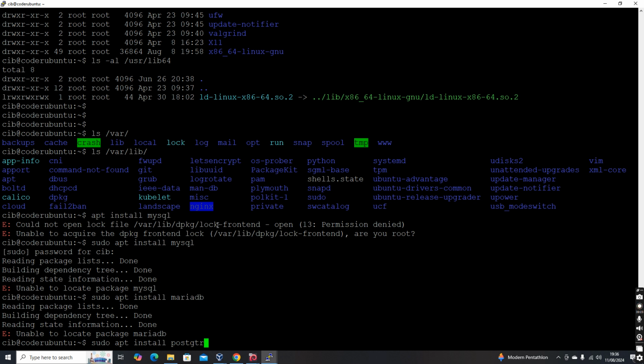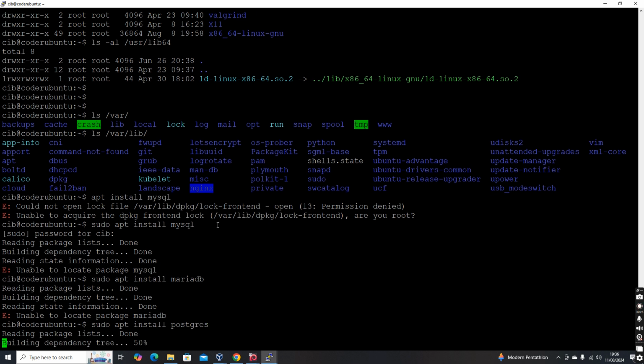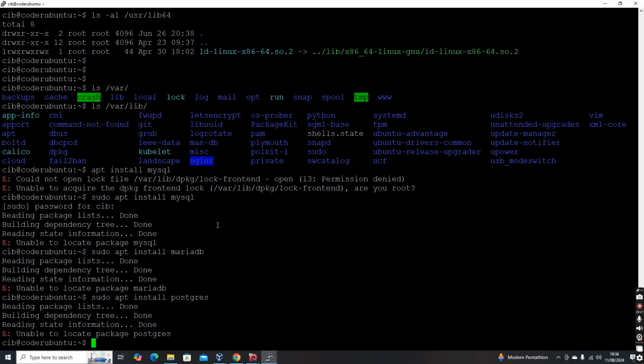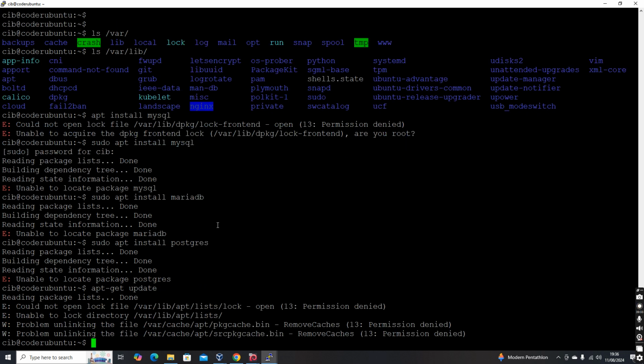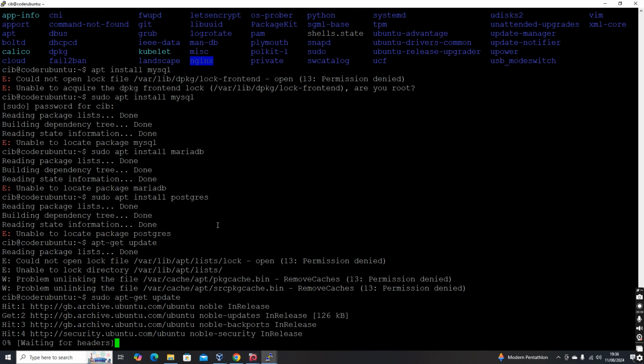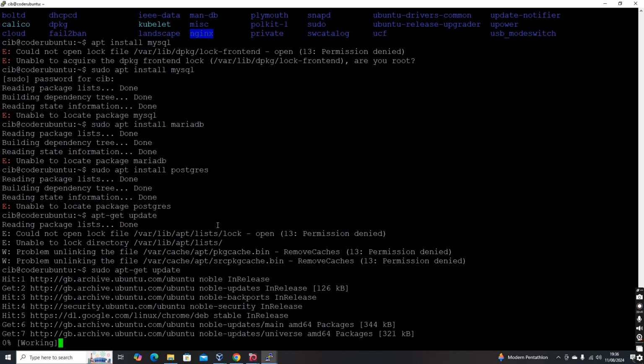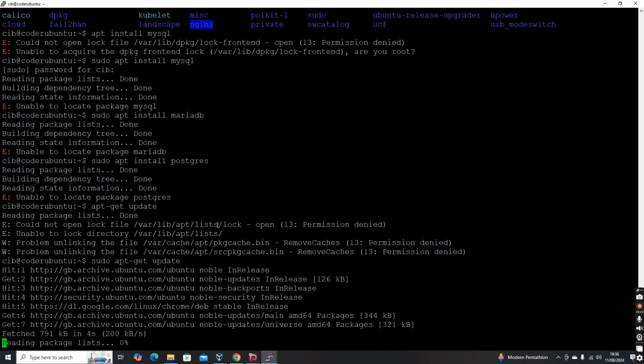Let's try Postgres. Sudo apt-get update. Let's clear all the repo cache. Once we clear all the repo cache, then let's try installing again.